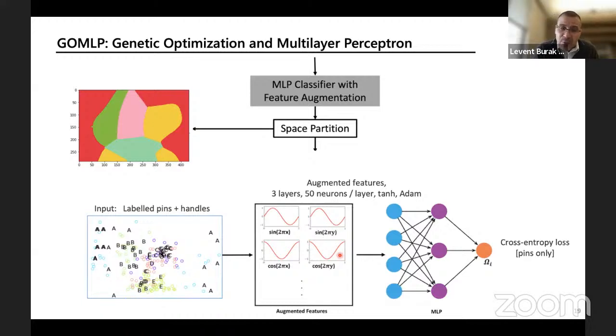The input data consists of the pins as well as the handles, but the final classification is only determined on the pins. Basically, that's what matters, because the handles are an abstract notion that we impose on the problem. So given this input, we pass it through a feature expansion layer, through augmentation, and then through a 3-layer neural network in order to create a cross-entropy loss that is being trained live in a dynamic fashion.